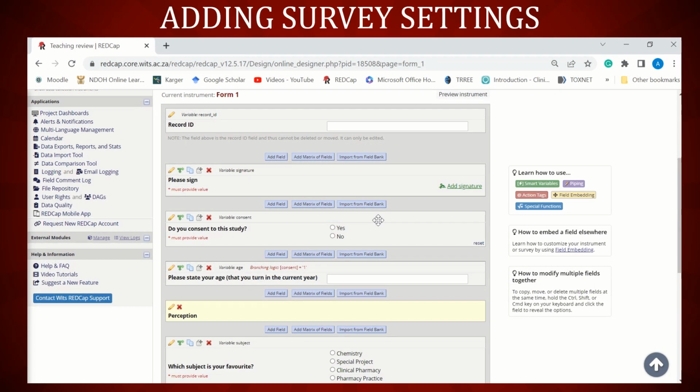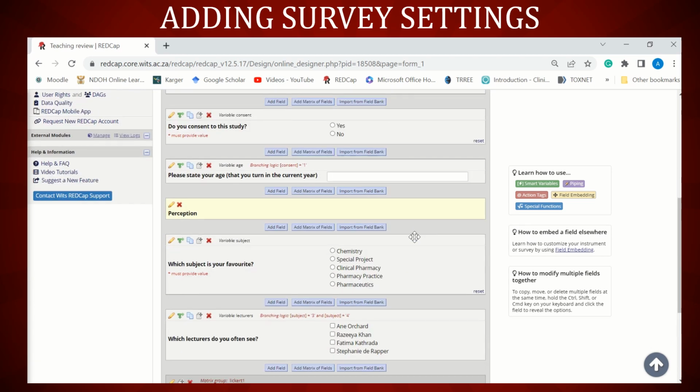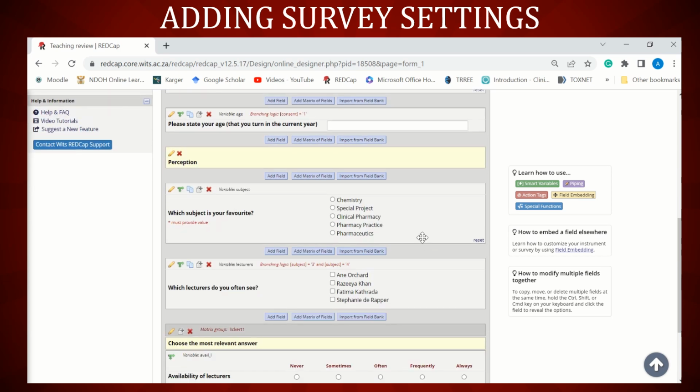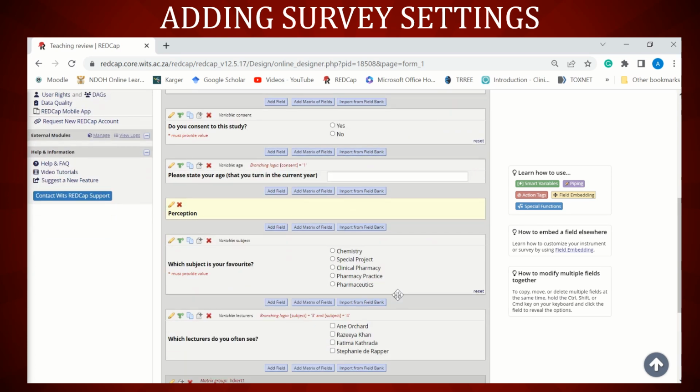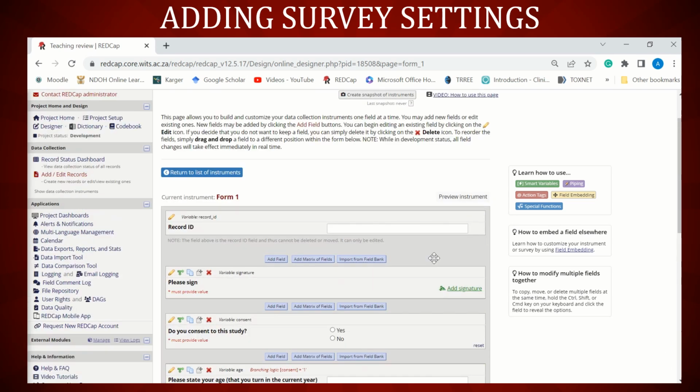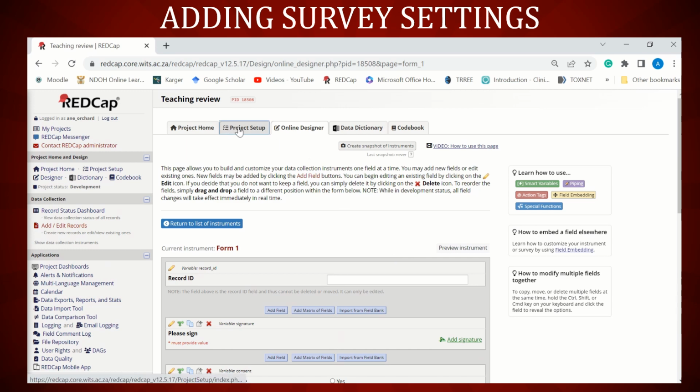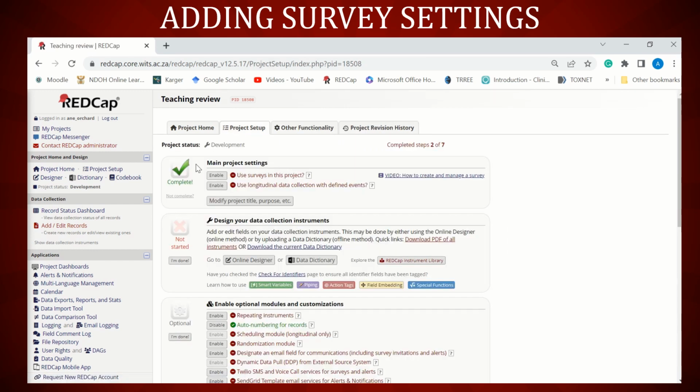These would be like the normal settings if you were doing face-to-face work, or even just a normal data collection tool. If you wanted to use this as a survey, for instance the PKAs, you need to ensure that you've actually enabled the survey settings. So go to project setup, and you'll see where it says main project settings, use surveys in this project,